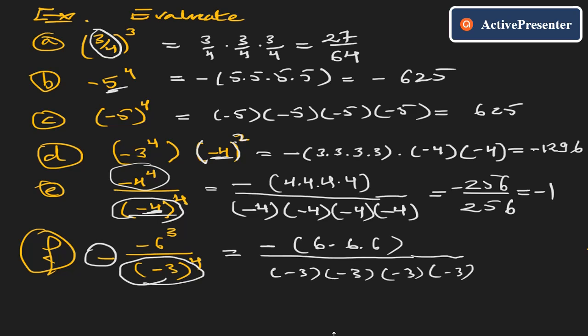Do not forget this, which is here. Then the answer should be the negative of -216 over 81. Negative multiplied in negative, then it should be positive. And if you simplify, you will find eventually the fraction equals to 8 over